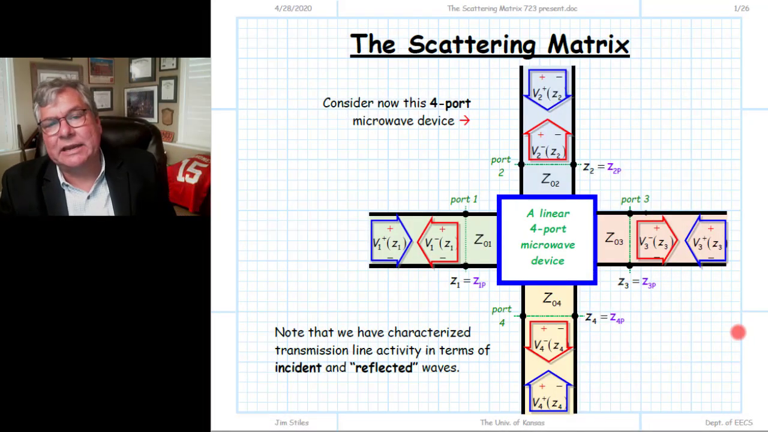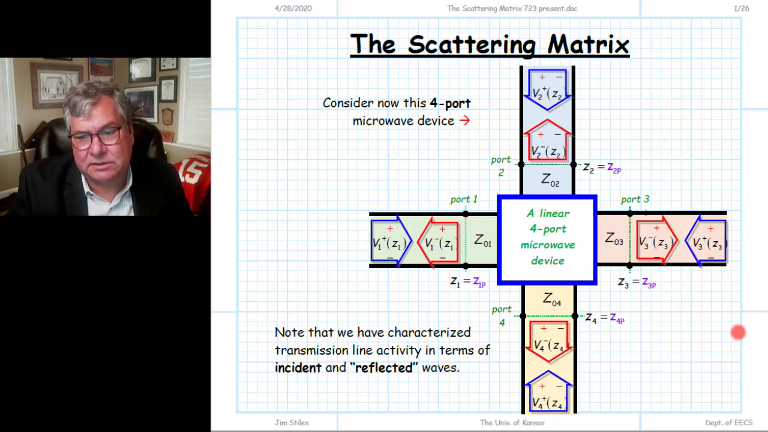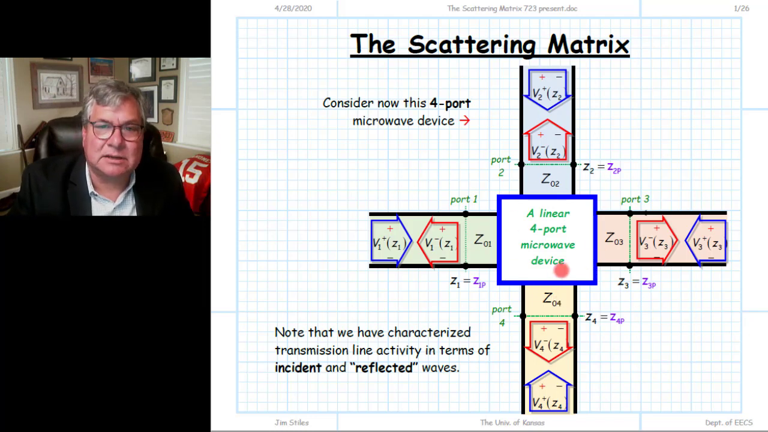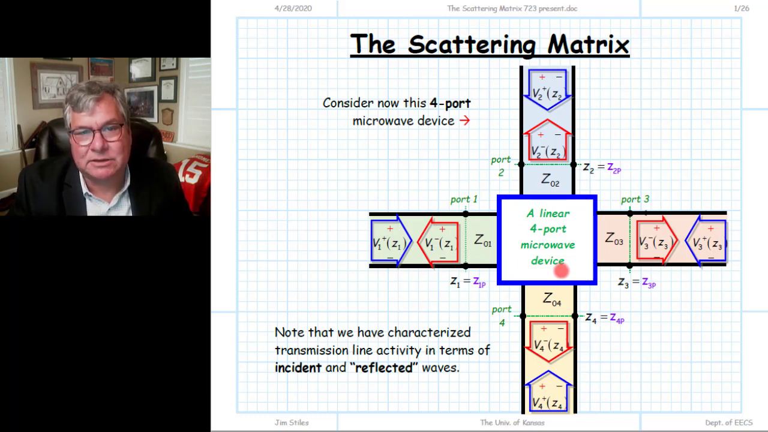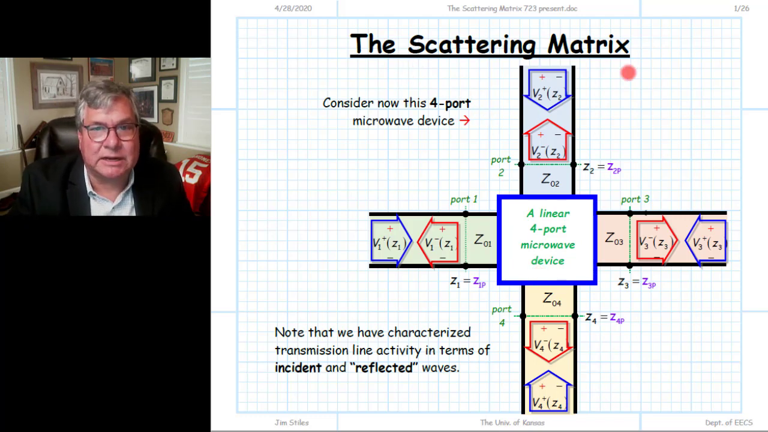Let's consider then a linear multi-port microwave device. In this case, I have a 4-port example here. Inside is a circuit made of linear components: inductors, capacitors, resistors, lengths of transmission lines, and the like. Because of that, we can fully characterize it using things like the impedance matrix or admittance matrix. In this case, we're going to introduce a new way of characterizing a linear multi-port device, and that is by